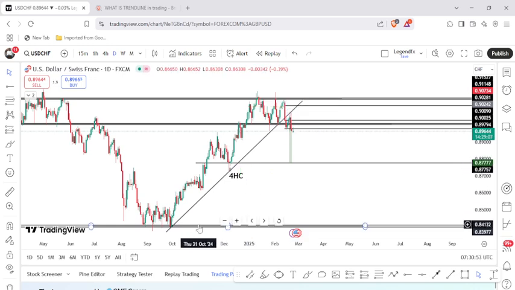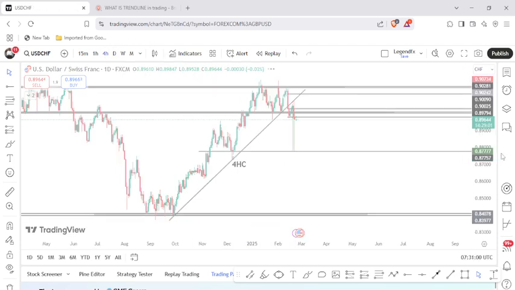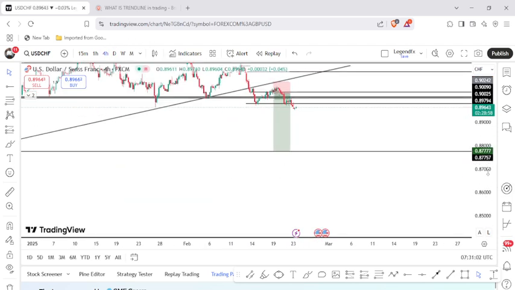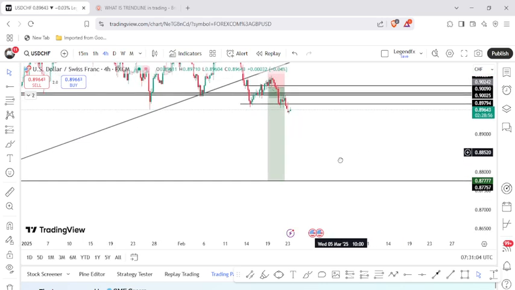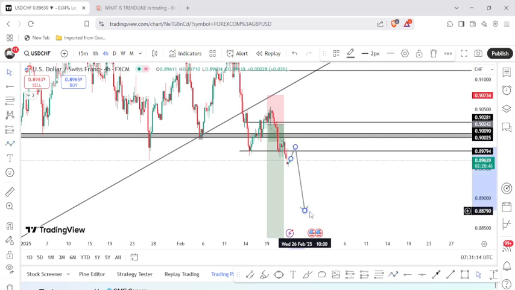Because for us to get here, I don't see the possibility. But in forex trading, anything can happen. So if you want to enter on this particular USD, you have to wait for a significant pullback. If we can have a nice pullback to come back inside of here, here will be a very nice place for you to enter. But if we don't see any pullback, we just wait for this guy to break below and create another sell opportunity for you.